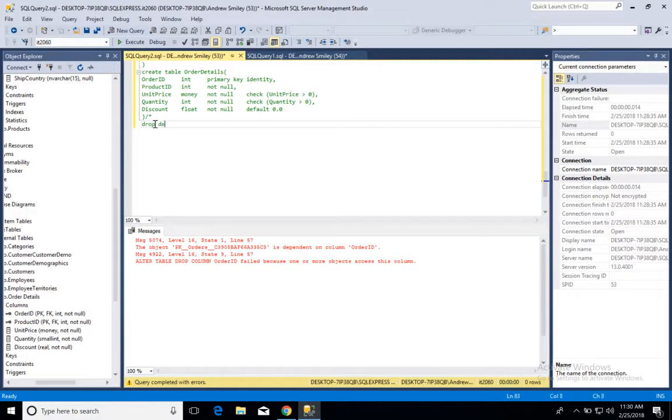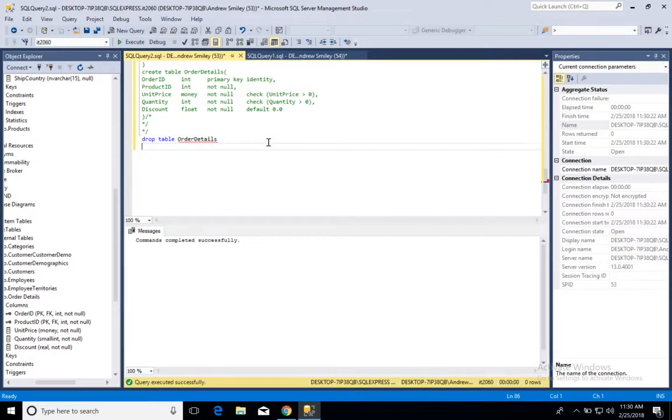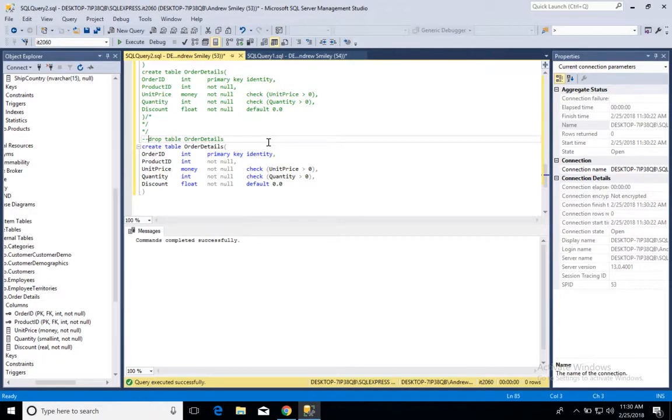Okay, so drop. I keep doing that wrong. Drop. What don't you like here? Table order details. Art ID, primary key,